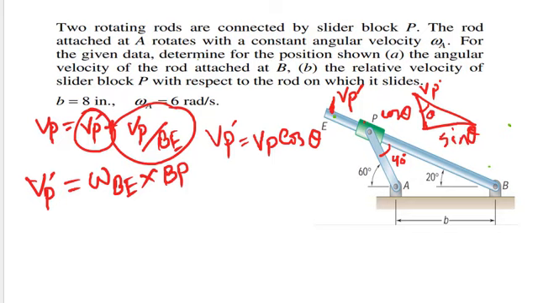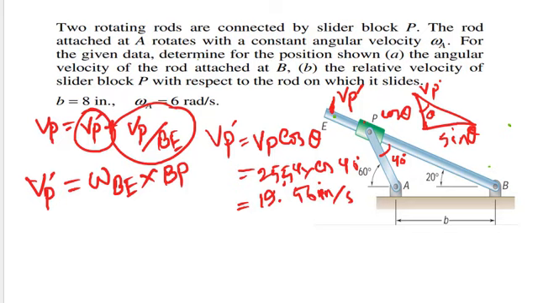Okay, then what is V? V we know 25.54, right, into cos 40 degree, right? And then after putting the values, we'll get V prime, which is 19.56